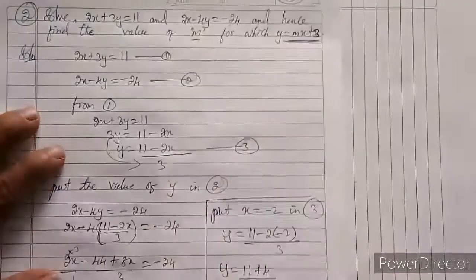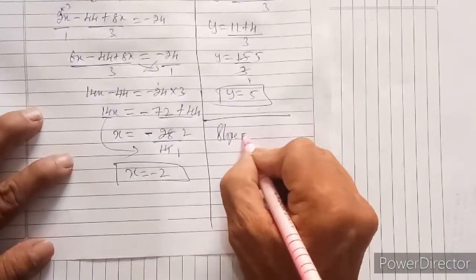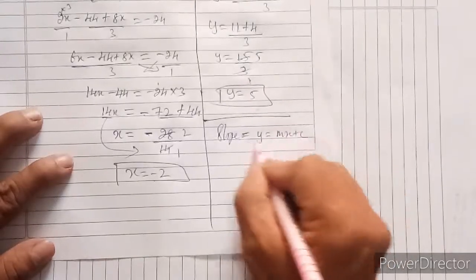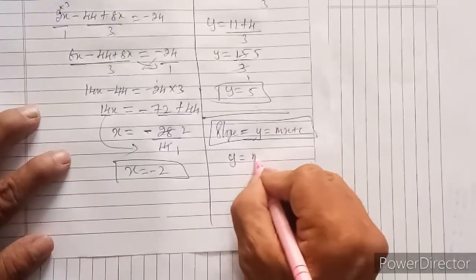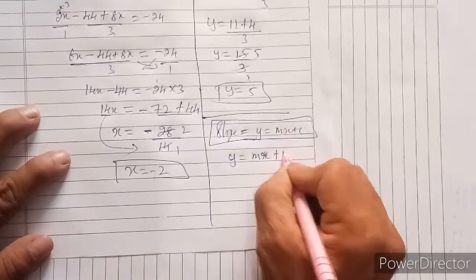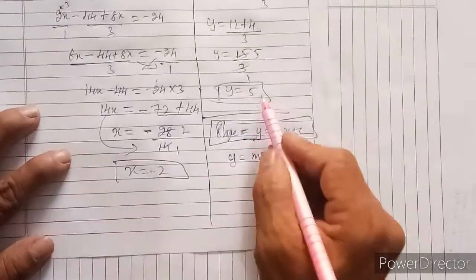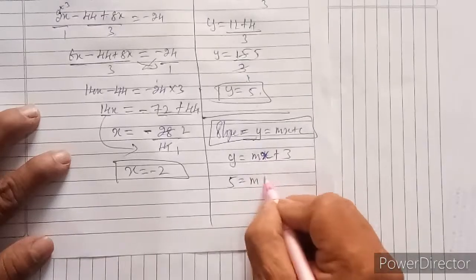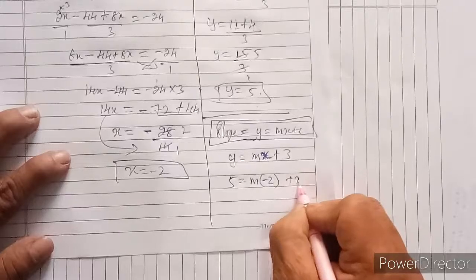y is equal to slope... Slope is equal to... or y is equal to mx plus c, the general form, general formula. And y is equal to mx plus 3, that is the given equation from the question, and we have to put the y value in this. y is 5 is equal to m, we have to find m, and x is minus 2, plus 3, right,